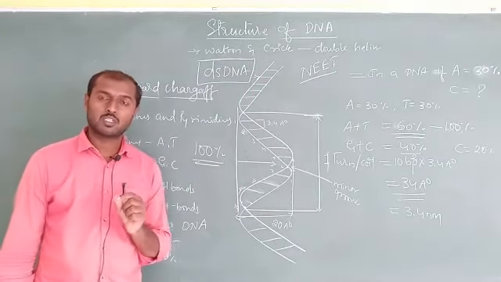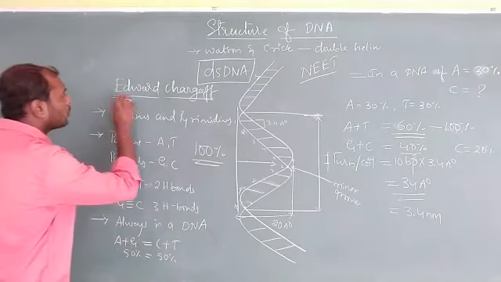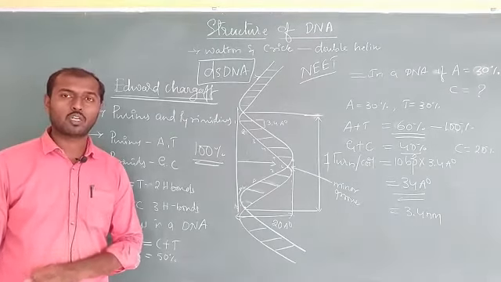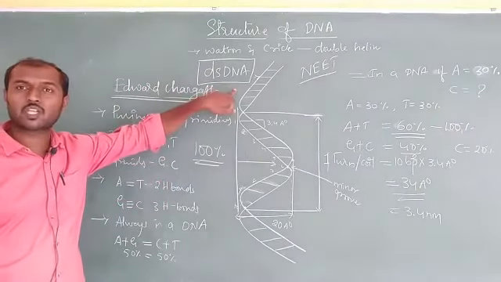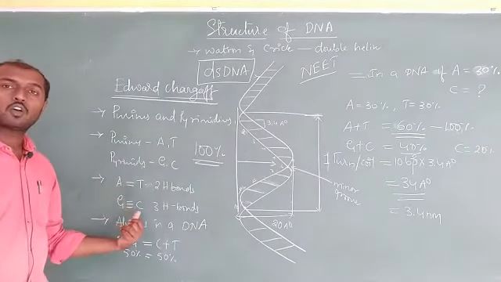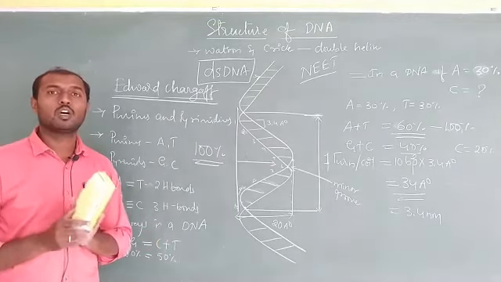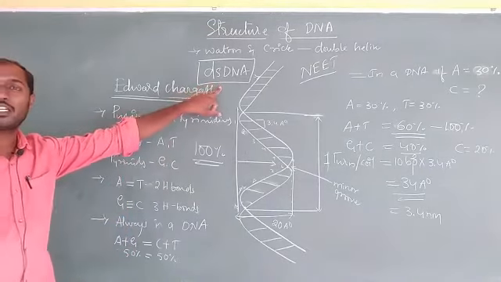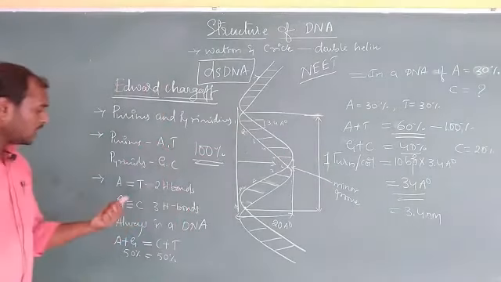If there is a double stranded DNA, it is going to follow the rules given by Edward Chargaff. So the limitation of the Chargaff rule is that we can apply it only to double stranded DNA. Why? Because according to Chargaff, there should always be complementary base pairing. Since there are two strands and complementary base pairing, we always get double stranded DNA in this manner. Always A is equal to T and G is equal to C.